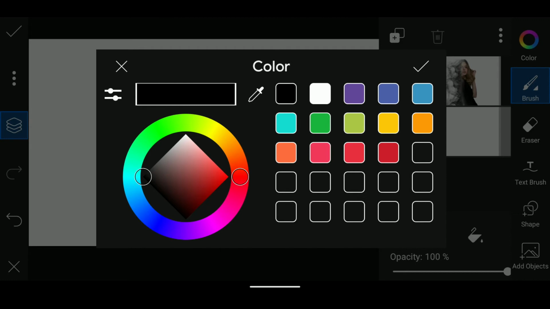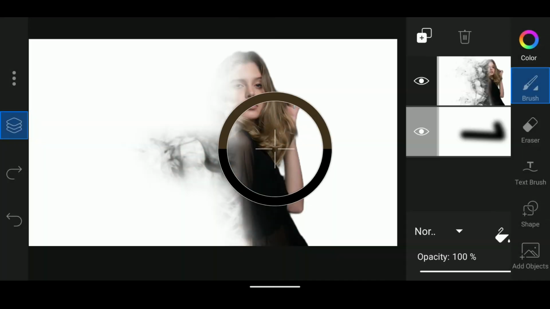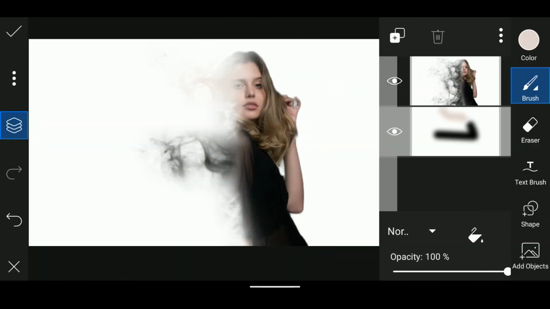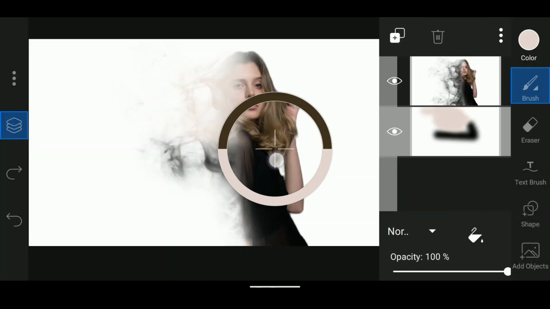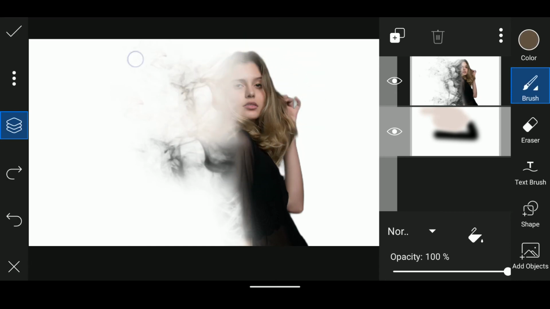Click the color and click the color picker tool. Select her skin first. And then draw it like this. Just paint with your brush. You can see that it's bringing the smoke effect. And then click her hair and just paint it away from here.